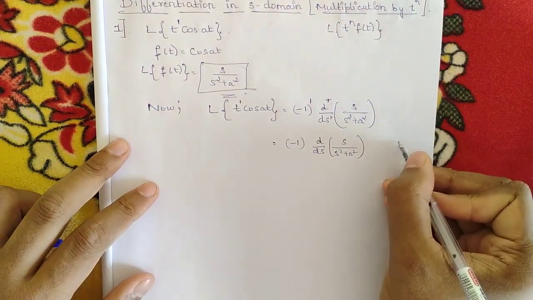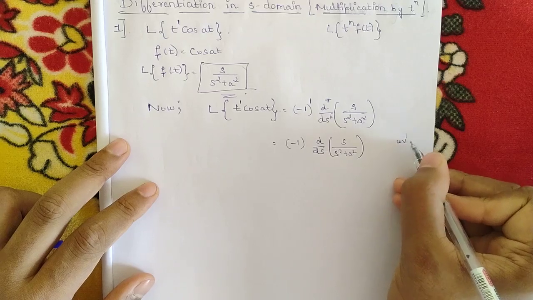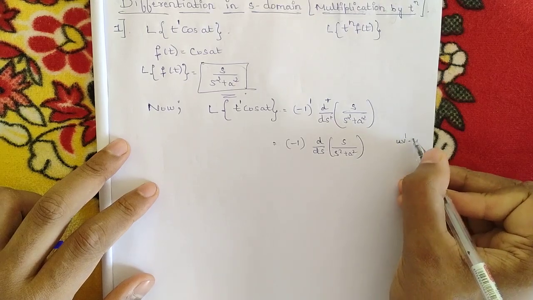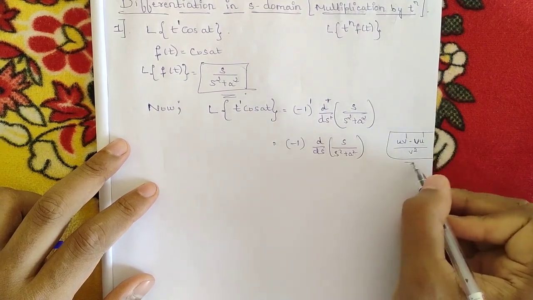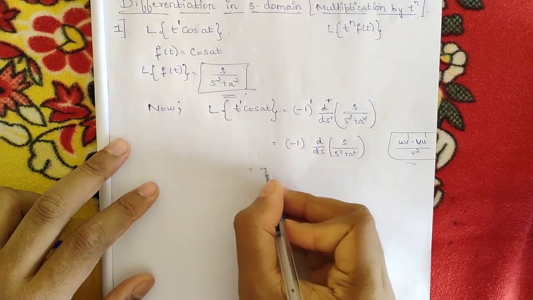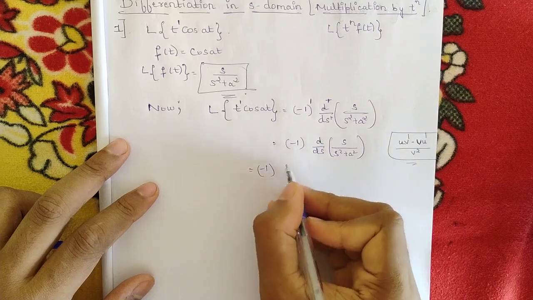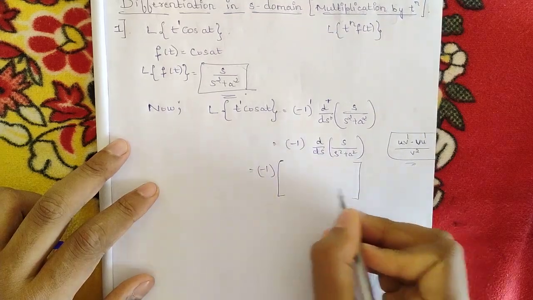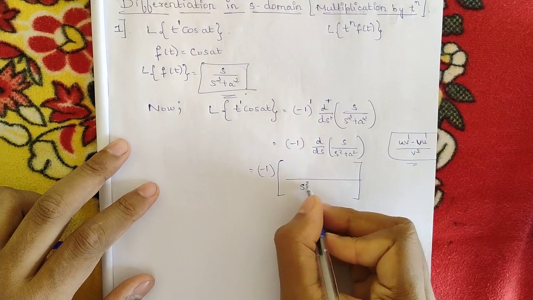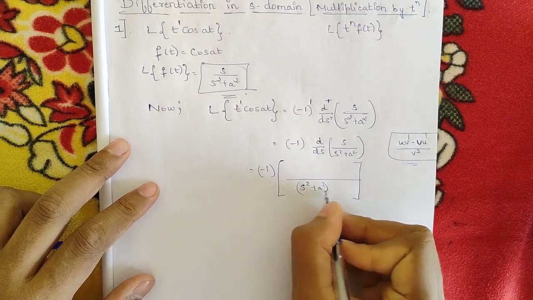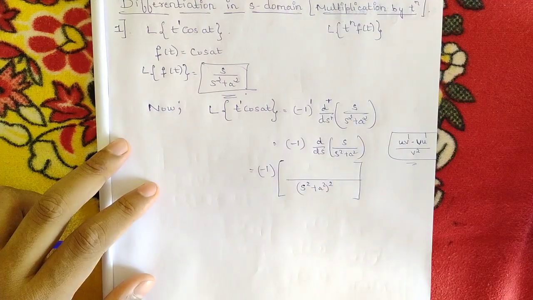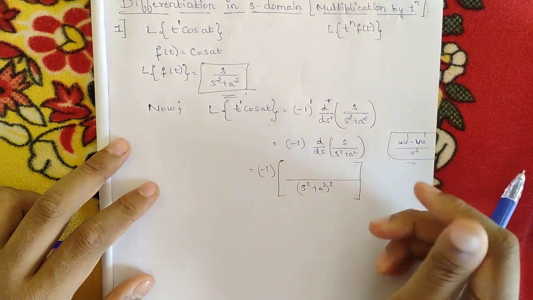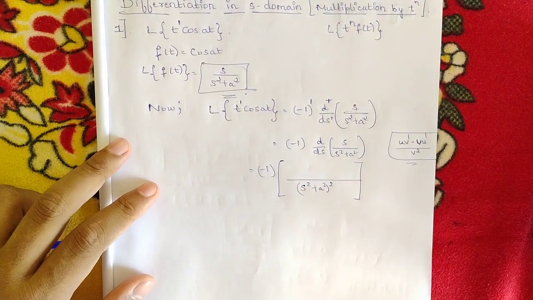Okay, the u by v rule says that (u v dash minus v u dash) divided by v square, that is, the denominator square. So that way we are going to do it here now. Minus 1 into the denominator square, that is (s square plus a square) the whole square,